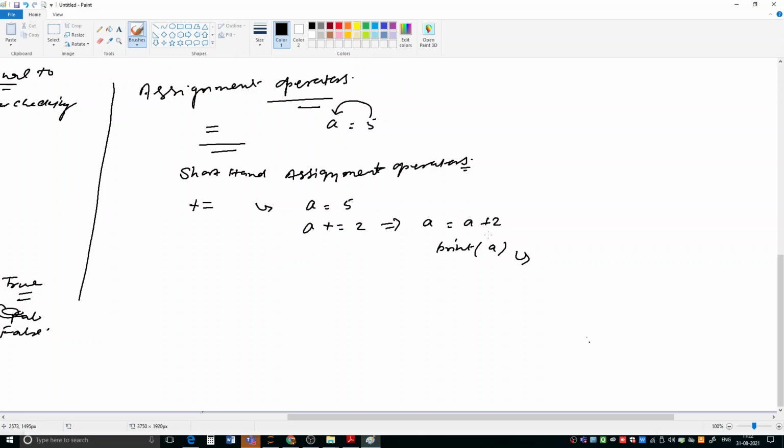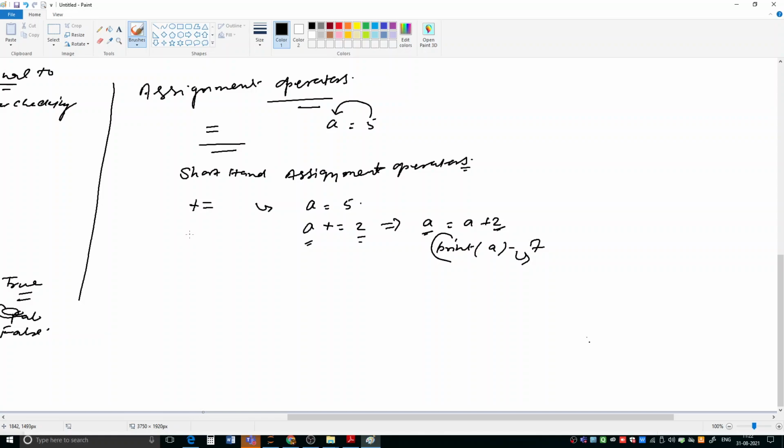So did all of you understand how it is working? Yes, you see it is updating the value. It is adding these two values and updating the variable's value. The initial value of a was 5, and after that we wrote a plus equal to 2, which means a equal to a plus 2. So 2 is added to the initial value of a and the variable is updated. If you print this, you will get 7. Got it? Like this, we can combine all other arithmetic operators with the equal to sign to get the shorthand assignment operators.